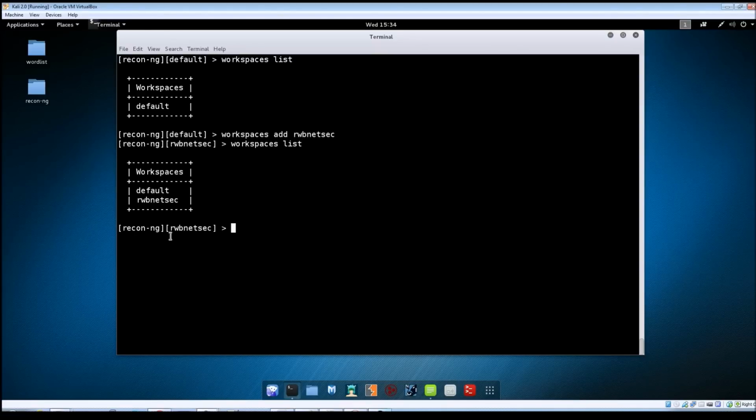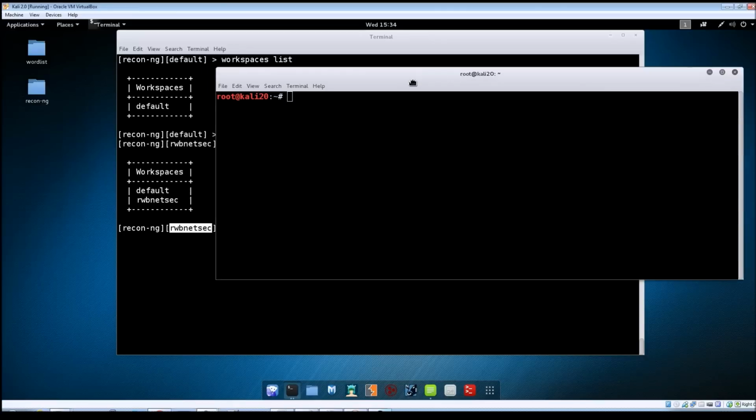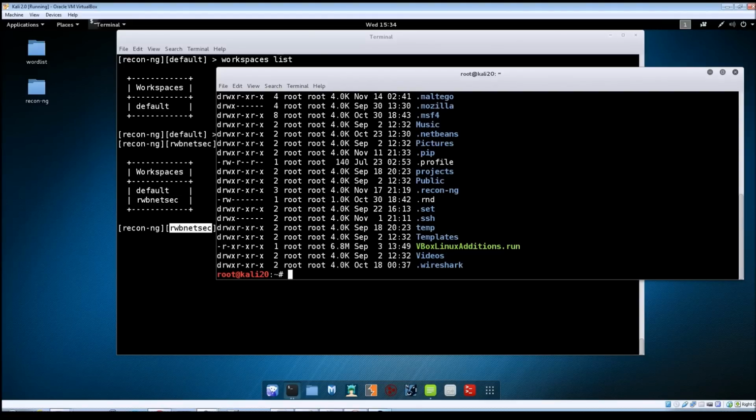And if you'll also notice, the prompt has now changed to show that I'm in that workspace. As far as where the data is stored, let me open up a new terminal window. Each of the workspaces is stored in its own folder, and it'll be under your home directory. It is a hidden directory, so just keep that in mind. If we do an ls -alh, you can see here under our root folder we've got this Recon-ng directory, and if we go into that directory,